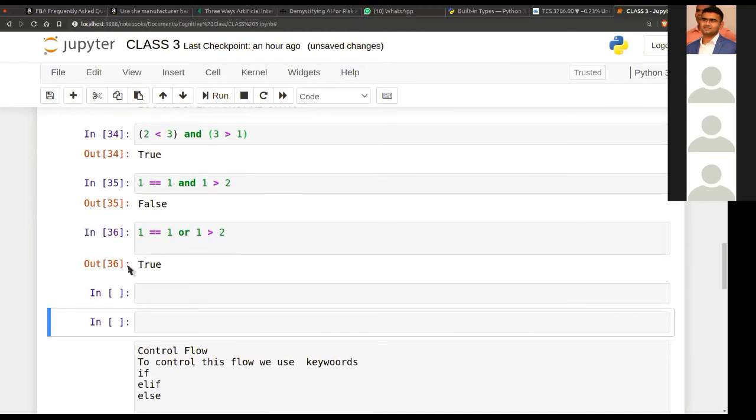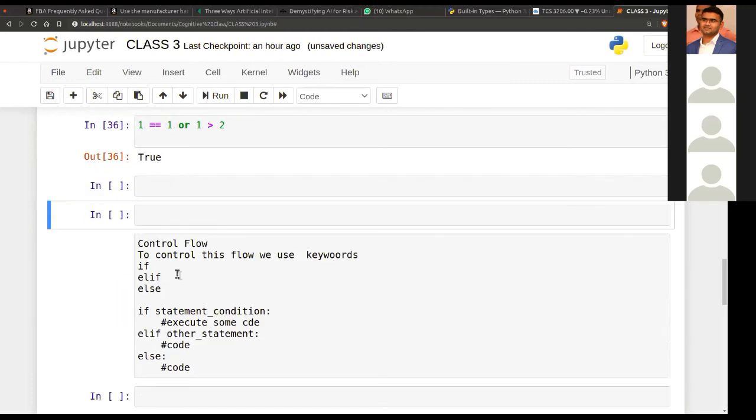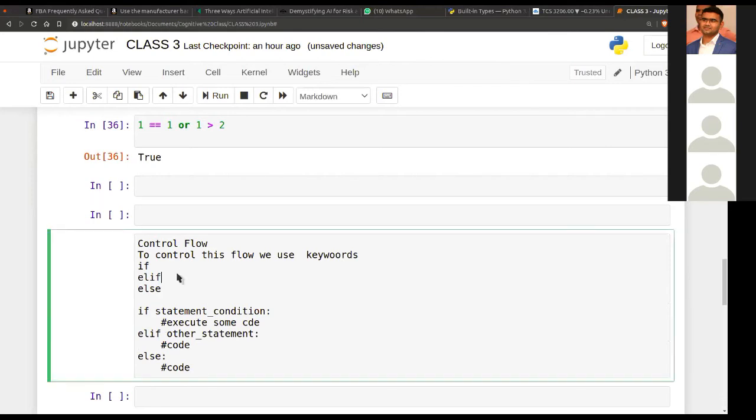Now let's start off with control flow. Let's learn control flow. We often only want certain code to execute while some particular condition is true. For example, from the previous example, whether our pool is empty or not.